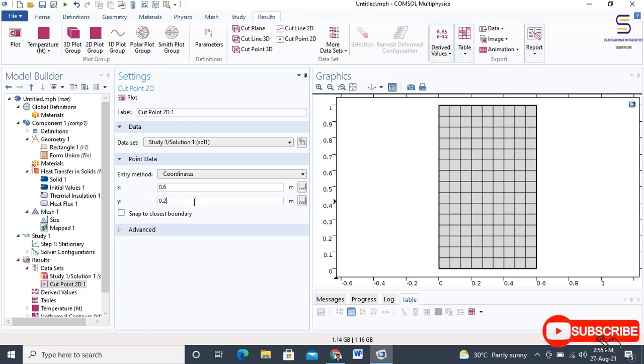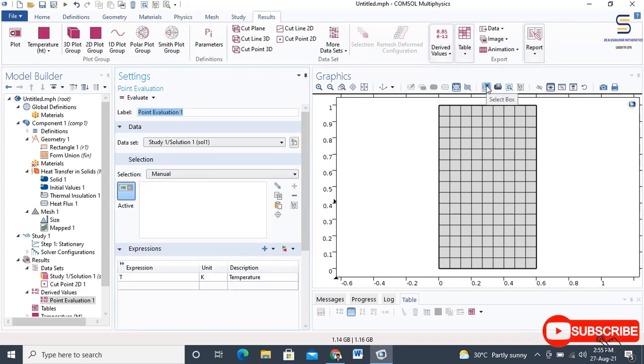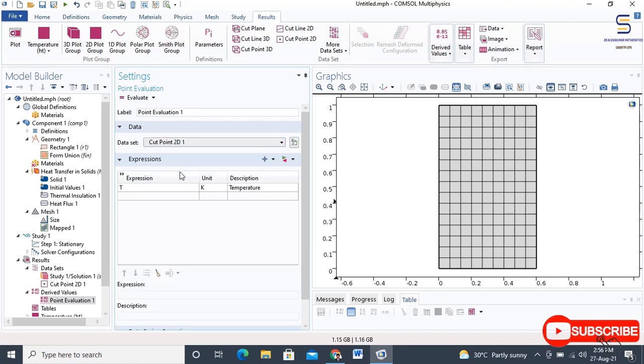On the results toolbar, click point evaluation, that is, go to the derived values, click point evaluation. In the settings window for the point evaluation, locate the data section. From the dataset list, choose cut point 2D1. Now locate the expression section. From the unit list, choose degree centigrade.